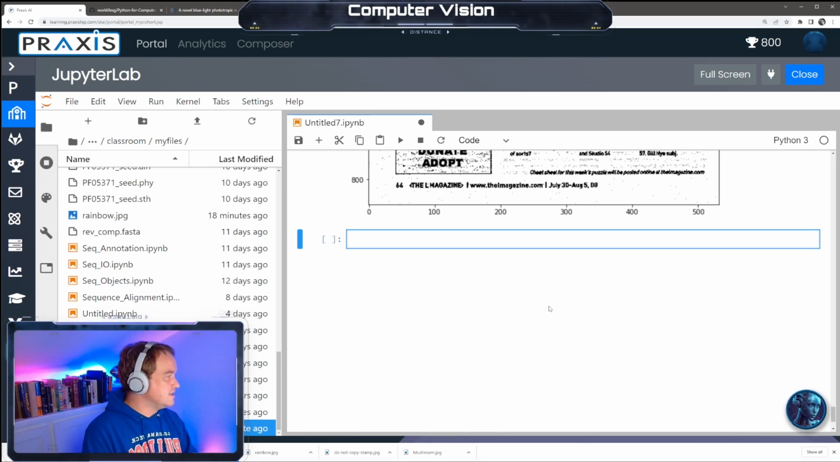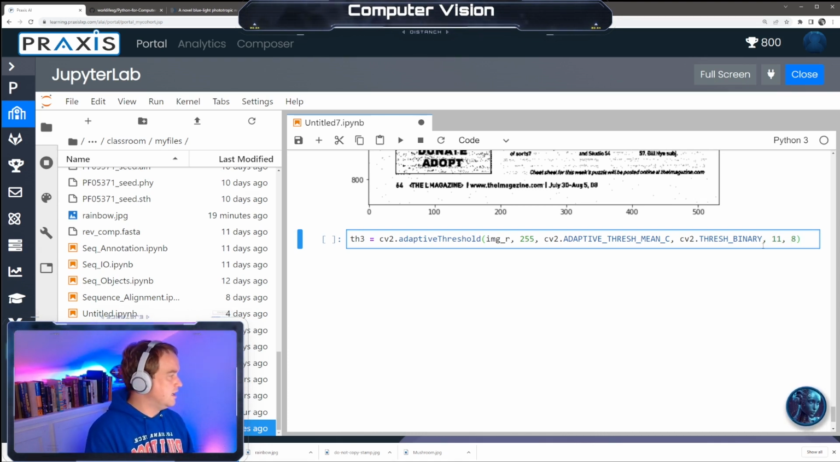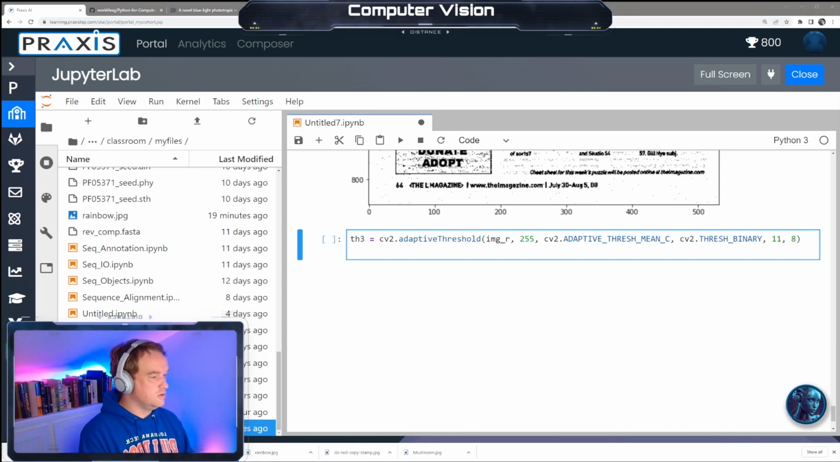So let's look at Gaussian. So th3 equals cv2.adaptiveThreshold, image r, 255 is our max, cv2.ADAPTIVE_THRESH_MEAN_C, cv2.THRESH_BINARY, and then we do the 11 for the nearest neighbors, and then the 8, and then let's do